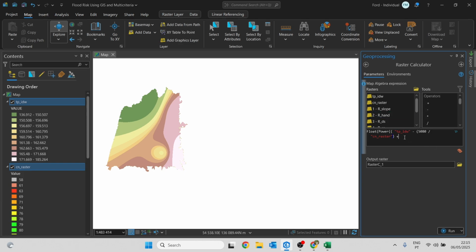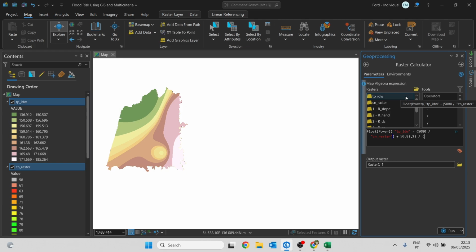Next, we close the parentheses and we do a sum with 50.80 and then close the parentheses again. To finish this part, we use a comma and then we do a 2. That will be the exponential value we talked earlier.